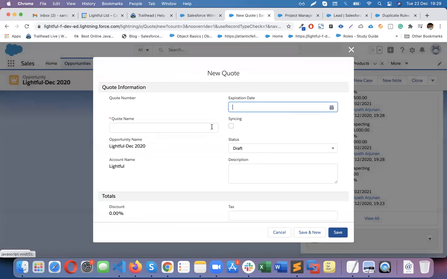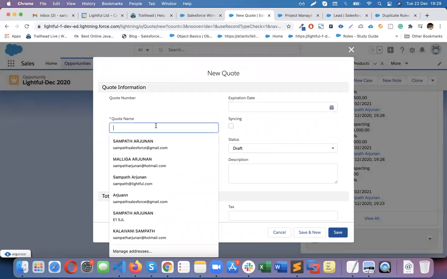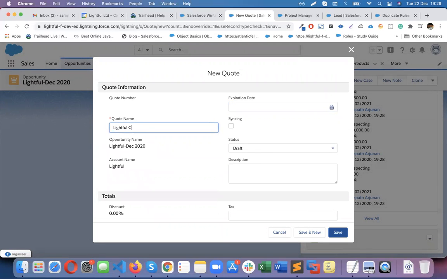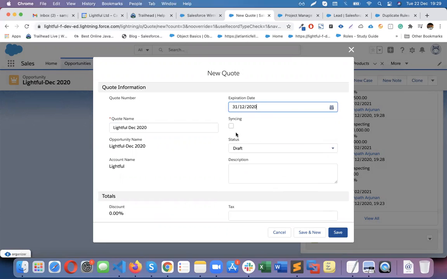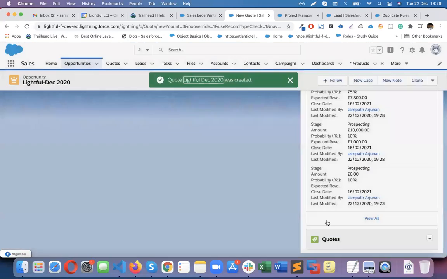So now if I click on the quotations, I put the quotation's expiry date up to 20th. Okay, there is a sync button. The use of the sync button is, if you are making any changes in the product, let's say adding a product or removing a product, it will be automatically synced with quotations and also the corresponding opportunity. So if I save now,